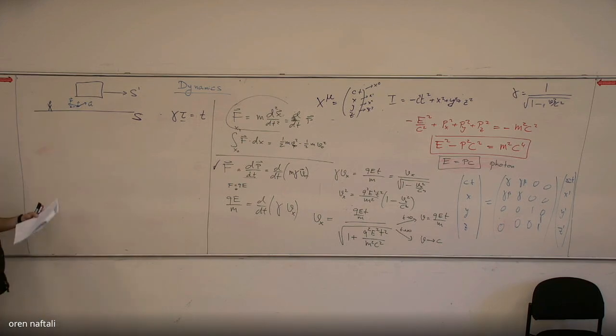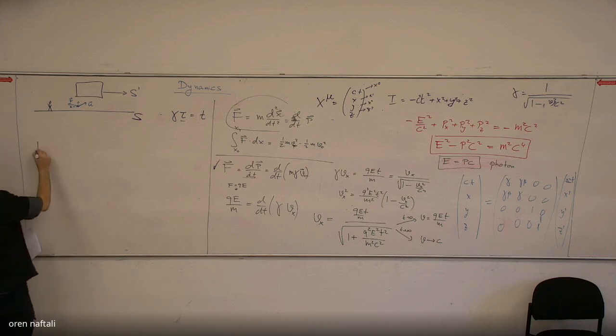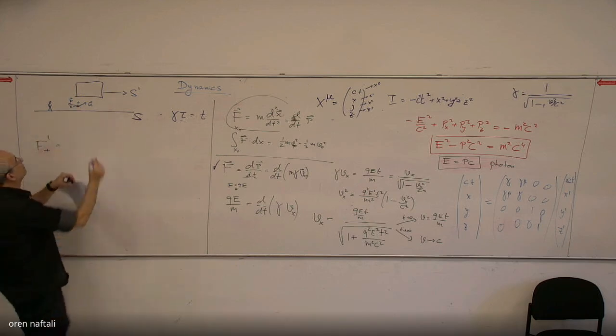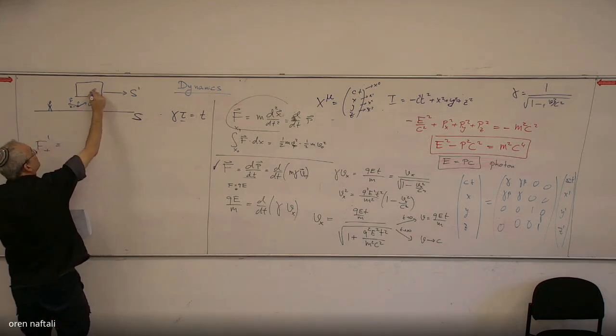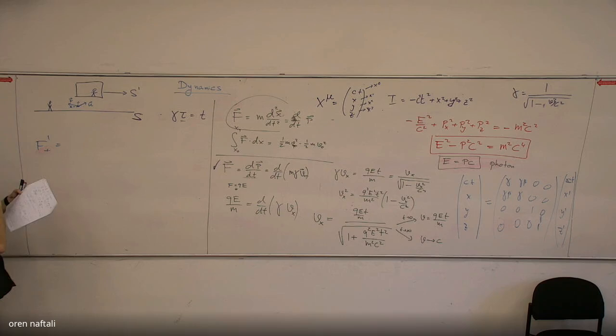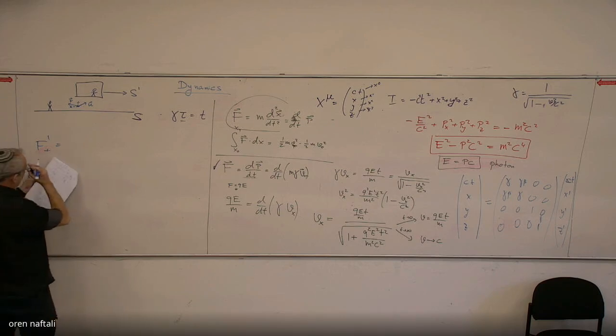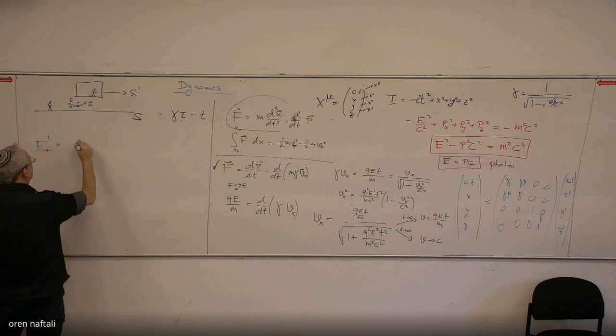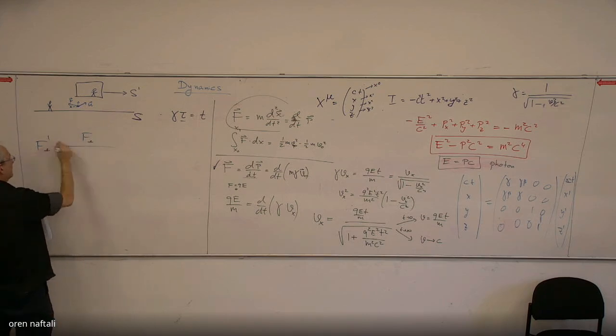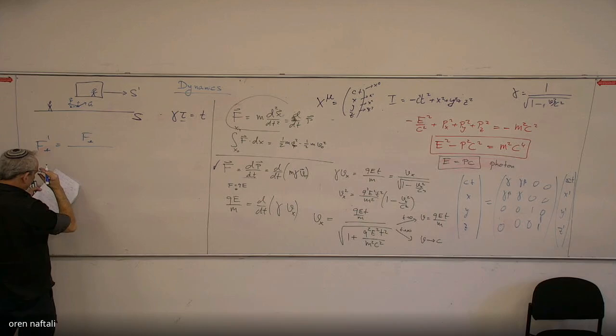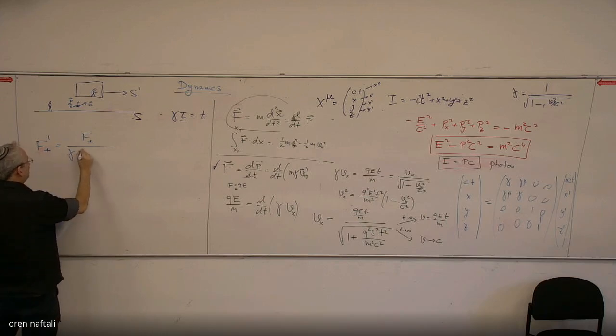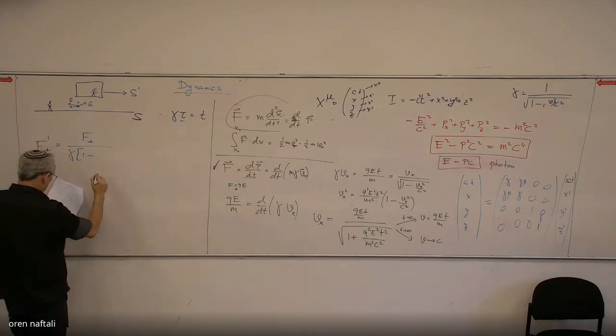So for the component of F that is perpendicular to the direction of motion, F prime, F as measured by an observer sitting here, F perpendicular prime is F perpendicular divided by gamma times 1 minus